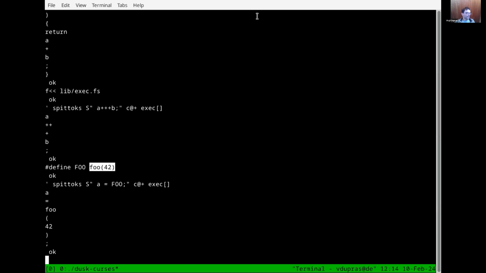Does the tokenizer yield quoted strings as a whole unit? So if you have a string between quotes, it will get one token out of it? Wait, I didn't get the question. So the tokenizer yields strings, where if in a file there is a string surrounded by quotes, will the whole thing be a single token? Yeah, we will. We can try it.